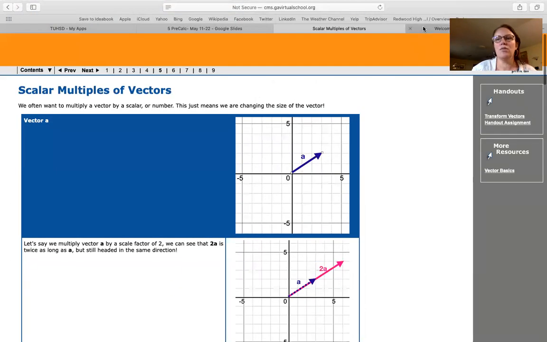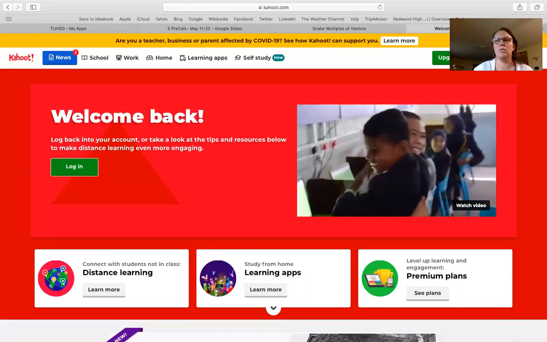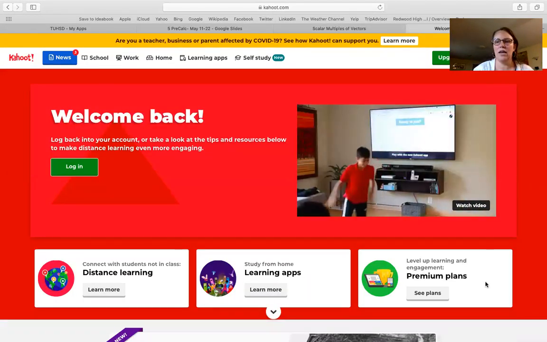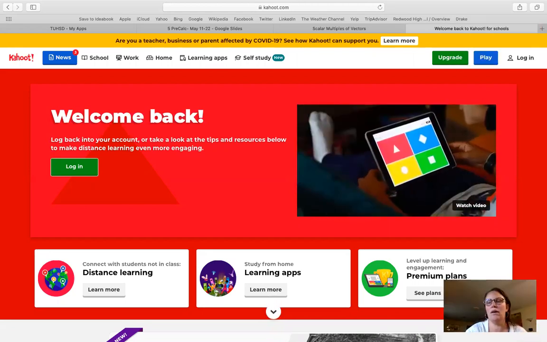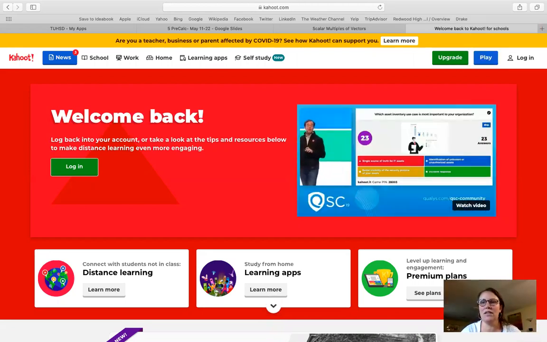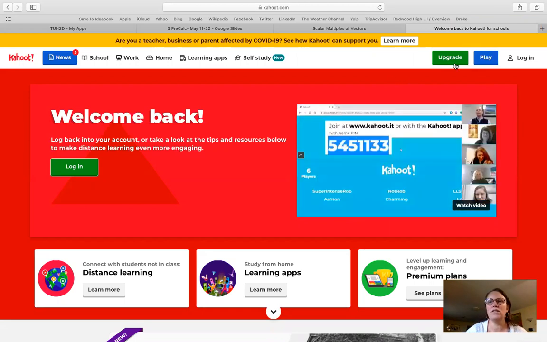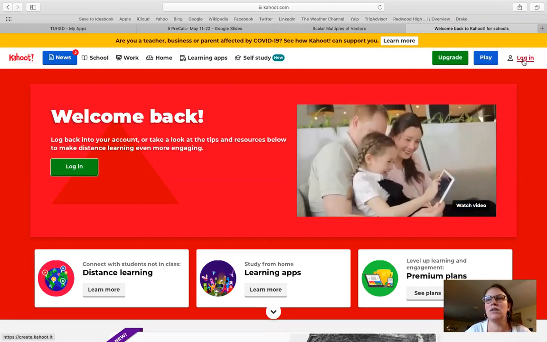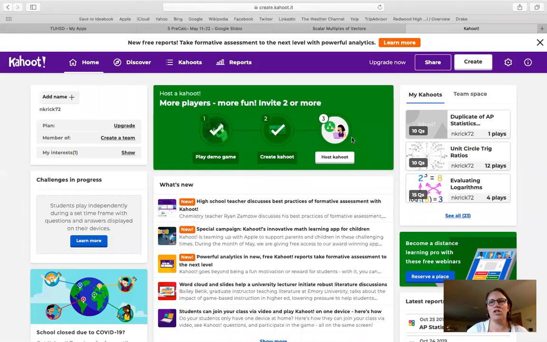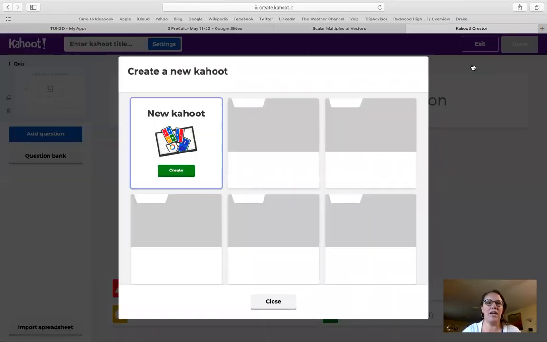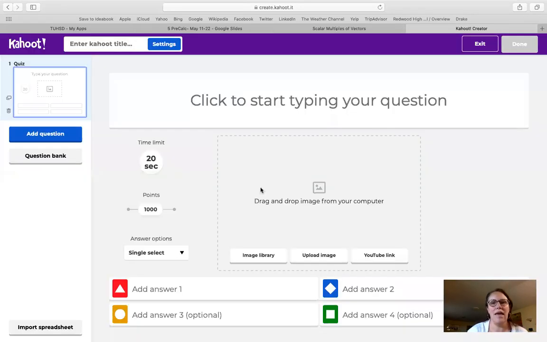So the Kahoot project you're going to do at the end, there's a handout that lists exactly what you're going to do, but I wanted to just point out a couple of things in Kahoot. So first of all, you're going to need to make an account so that you'll be able to save it. And then once you've done that, I'm just going to log in really quickly, sorry. Once you've done that, then you're going to be able to share your project with either Ms. King or myself. So as you go to it, you would create a new Kahoot, and then you can either